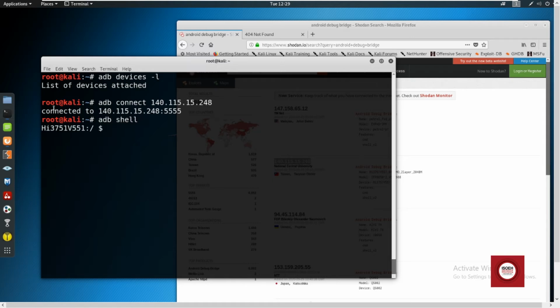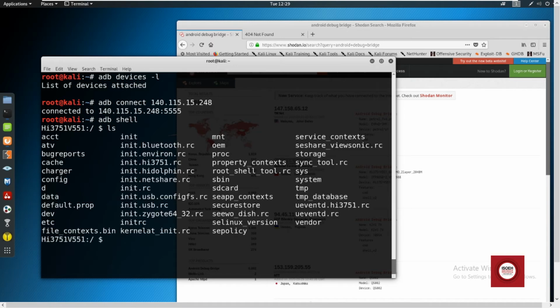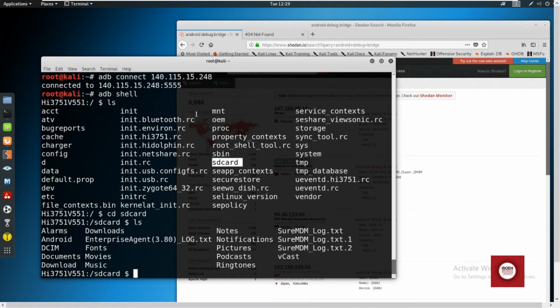Now I am in the mobile phone. Now I can operate the phone. This is the phone data, the whole file structure. I can see the SD card. There is one folder called sdcard. It's the storage, definitely. I can ls it. These are the available things in the SD card, there are lots of stuff. There is one text file and lots of text files and everything.